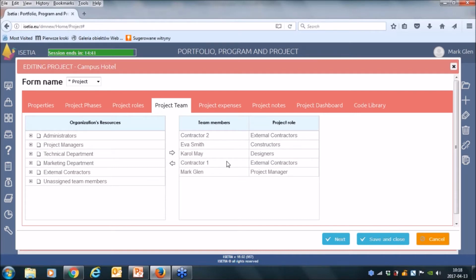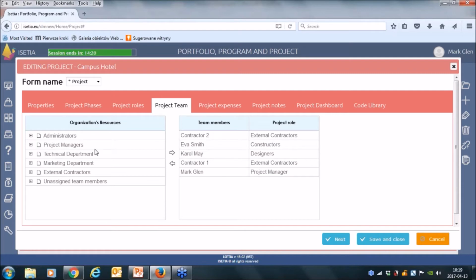So if you give access to the system to your external constructors and subcontractors, then they can also act and play as team members in your project.